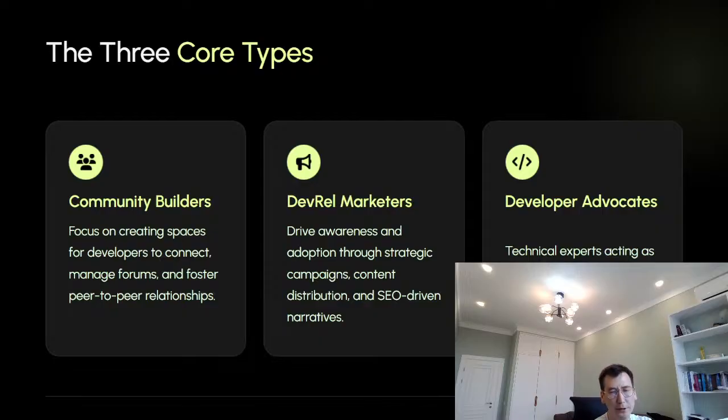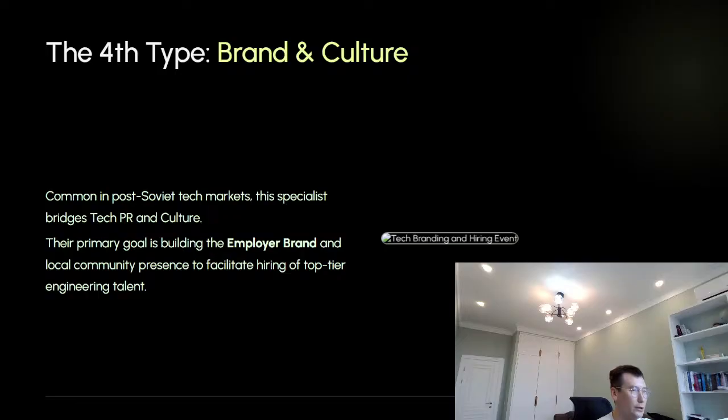So number three is developer advocates. This is the most technical area. In here you might need some background in technology, knowing how to write basic code at least, and understanding what APIs are, what the modern developer journey and developer experience are, because you will be creating tutorials and educational content for developers in the role of developer advocate.